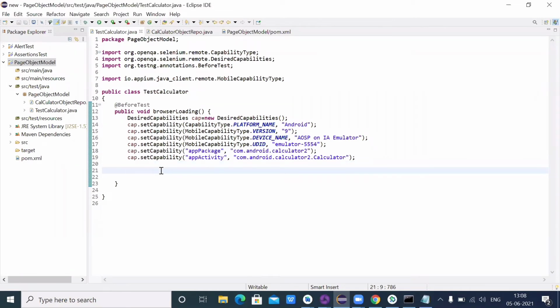Okay, I added all the capabilities which are required for the calculator. Now I am going to launch that calculator. So for launching, I am going to use the URL class.